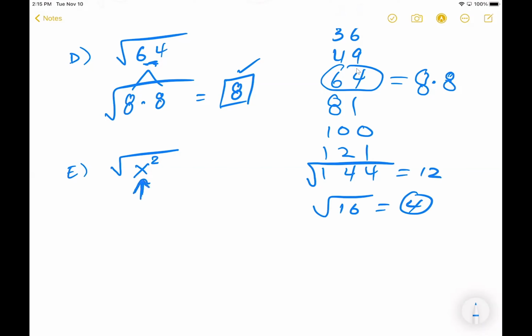What happens if we have an x squared? If you remember earlier, let me ask you this question. Is this the same? Are these two items the same? X squared is the same as x times x, or x to the 1 power times x to the 1 power. And again, if you say no,